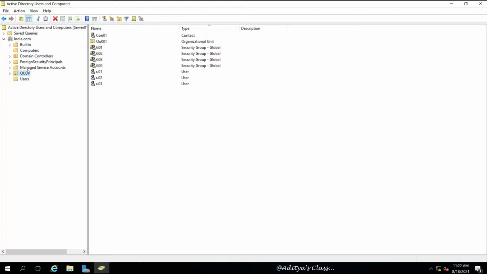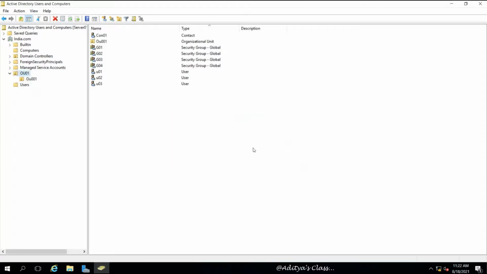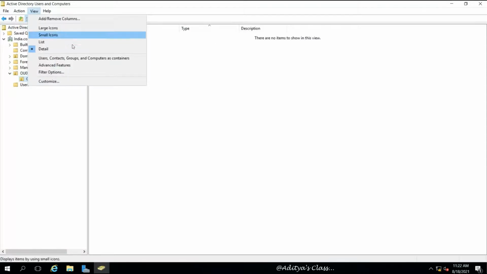Now let's check one more option. We have OU01 and OU001, and let's say we want to delete one of these departments, say OU001. When we right click on the OU and try to delete it, it will say it is protected from accidental deletion. Now to remove that option, we need to go to View and then View Advanced Features,